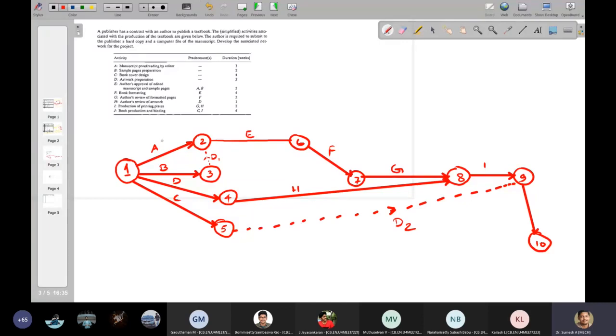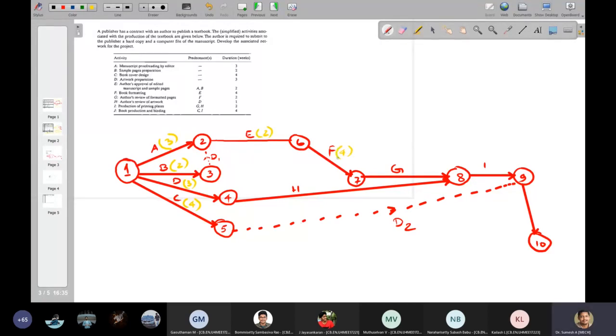So A is having a duration of 3, B is having a duration of 2, C is having a duration of 4, D is having a duration of 3. E is having a duration of 2. F is having a duration of 4.